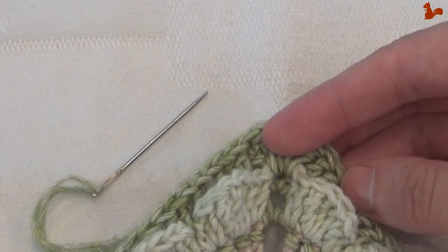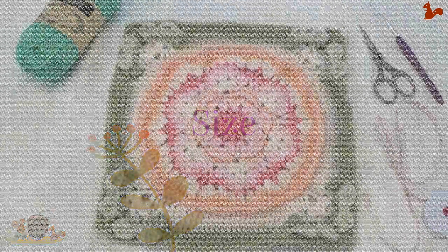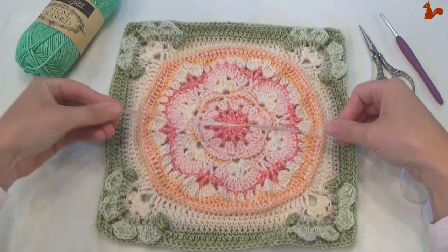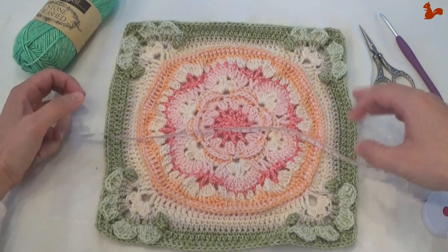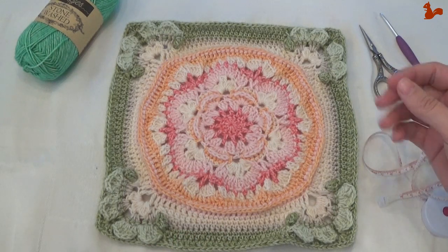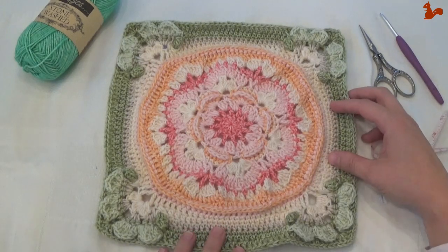So it's a good idea to look at size. This is what your work looks like at the end of part 1. If we just want to measure, I have a stonewashed kit and your stonewash should be about 27 centimeters, and that's exactly what I have. If you have a color crafter kit, it's about 28 centimeters your work. So 27 for the stonewash, 28 for the color crafter. Work away any last yarn tails you might have, and then you're all finished for next time, when I hope to see you for part